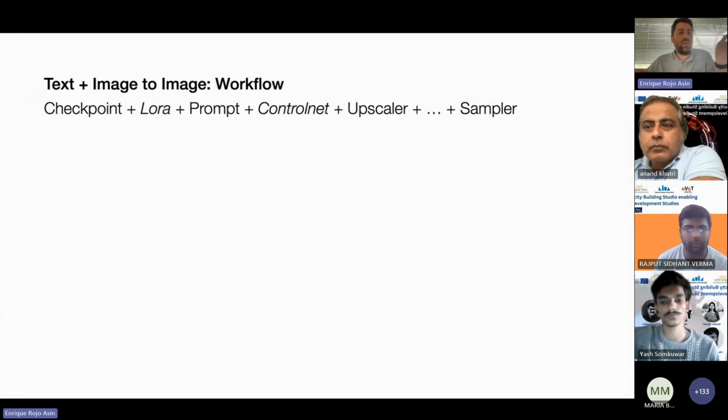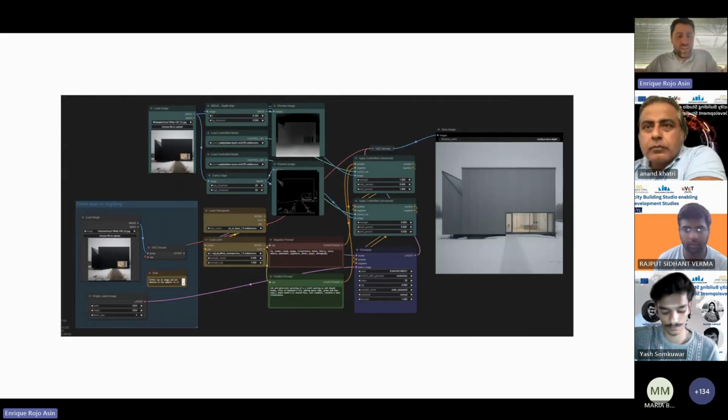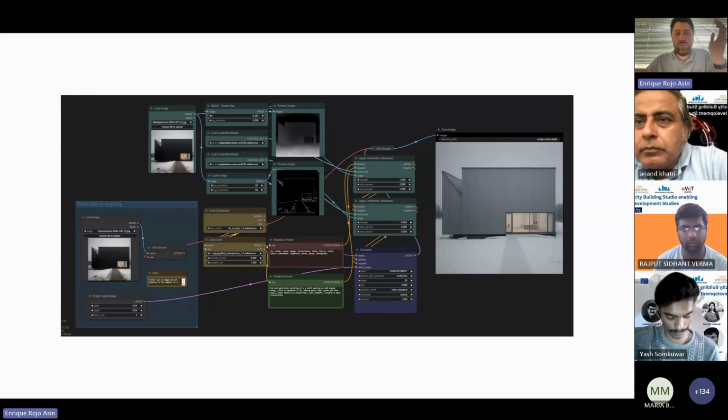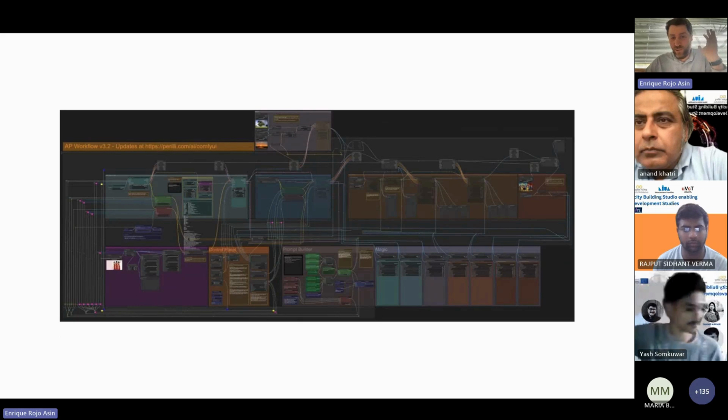So you will say, well, okay, what's the LoRa? I don't understand. But you see, it's becoming more complex. Now you introduce your own image, and then you have more filters. You still have the checkpoint. You still have the negative prompt or the positive prompt, the sampler, but still you add more elements, and it can become so complex like this.